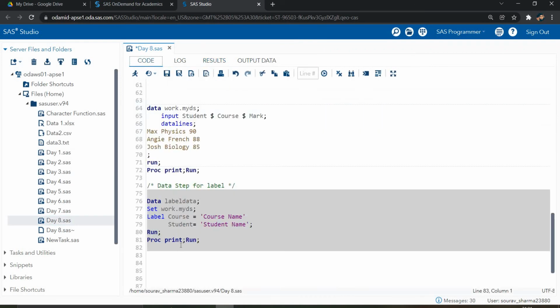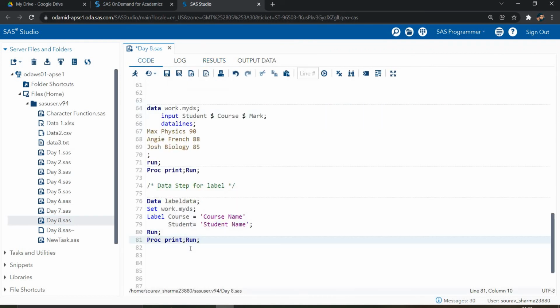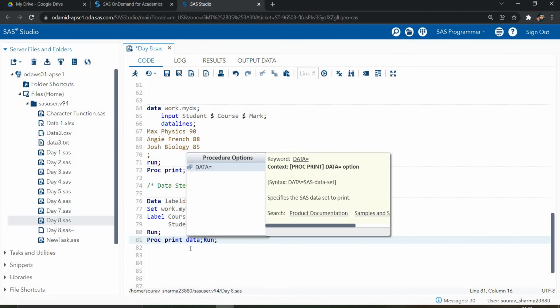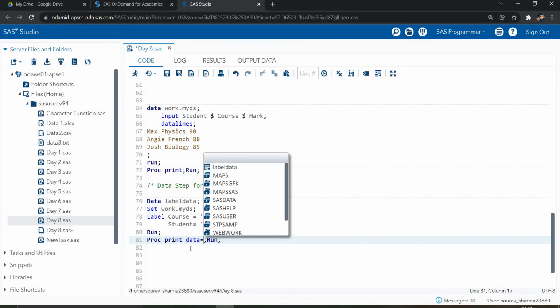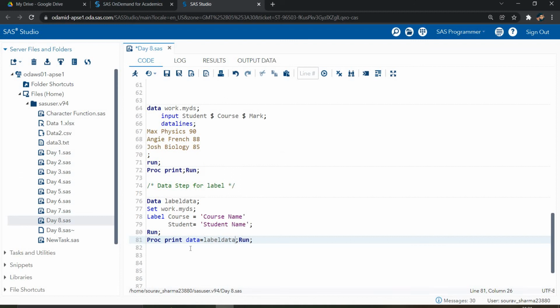Now let's execute this code. So I have to give the data name here. Data is my label data.